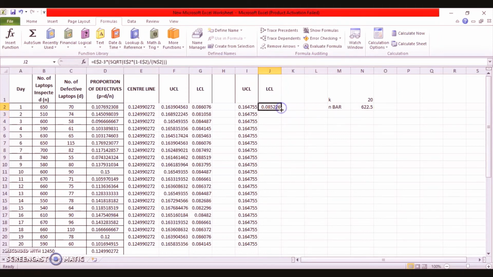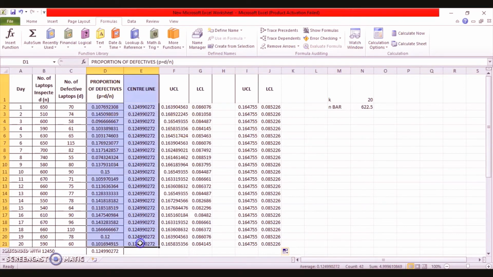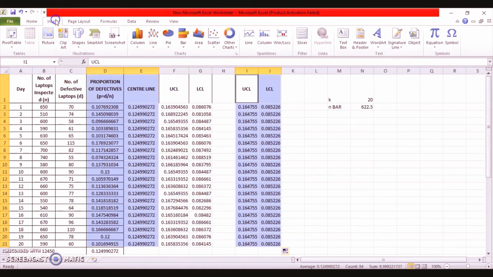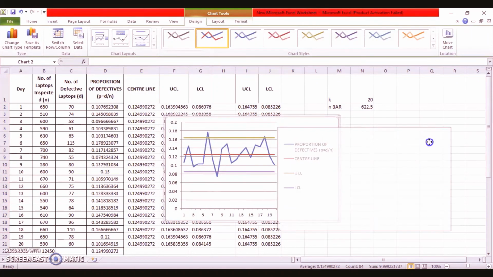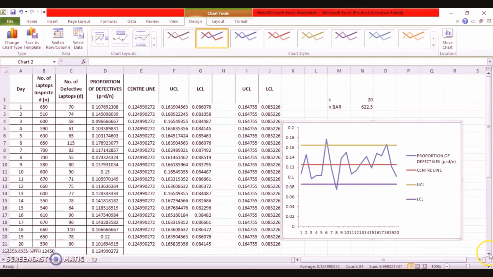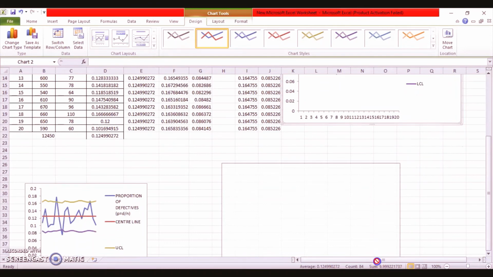Let's see what will happen now. I have to prepare the line graph. Select these two, control these two values from here, go to insert, select the line graph, and here comes your line chart. Remove the grid lines, and before doing anything else with this graph, I'll drag it down here.